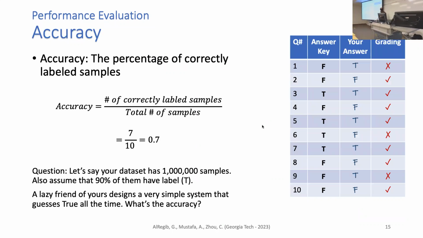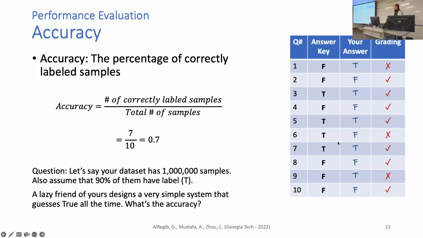This is the answer key, and these are basically the answers of a student, right? And now this in here is the grading, right? So check mark means correct, X means it's wrong. If you take the accuracy, right? The accuracy means the number of correctly labeled samples divided by the total number of samples, in this case, 70%,